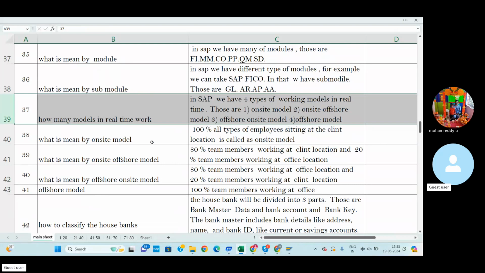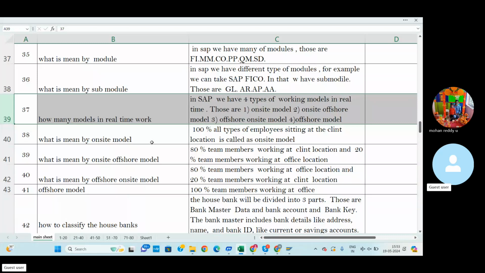Each and every employee, like finance department employees, HR department employees, marketing department employees, and production planning department, each and every department's total employees are sitting and working at the client location, at the organization plant location. So this is called an on-site model.